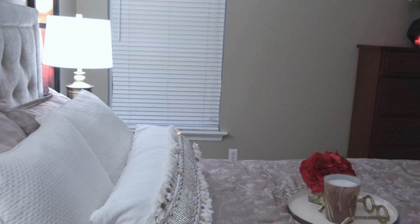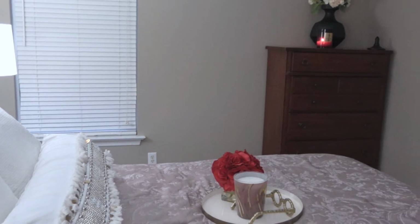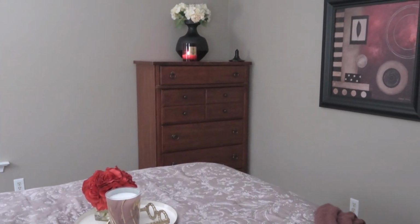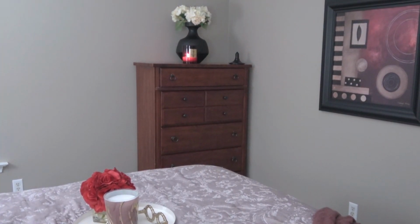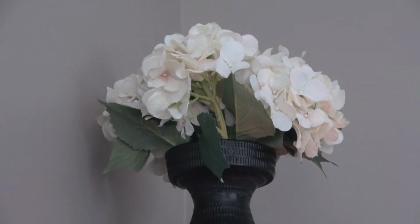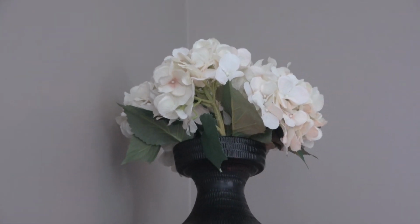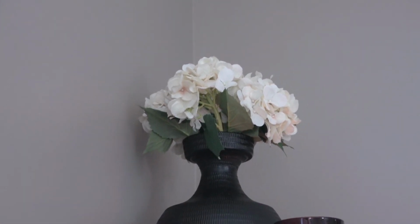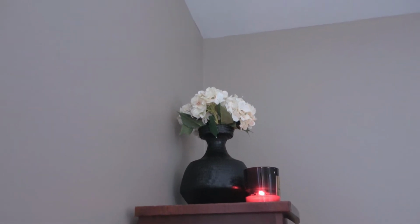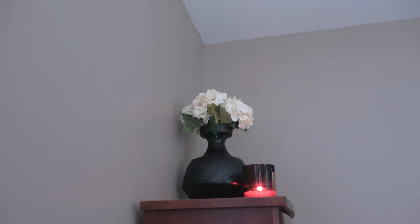So in the corner of my guest bedroom, I have a solid wood mahogany dresser. Now I've had this dresser ever since high school and she is still hanging in there. So on top of the dresser, I put in a black vase. Now the black vase came from Home Goods about last year, and this is from Tahari Home Design. They do fabulous pieces. I did a little white hydrangea floral arrangement,